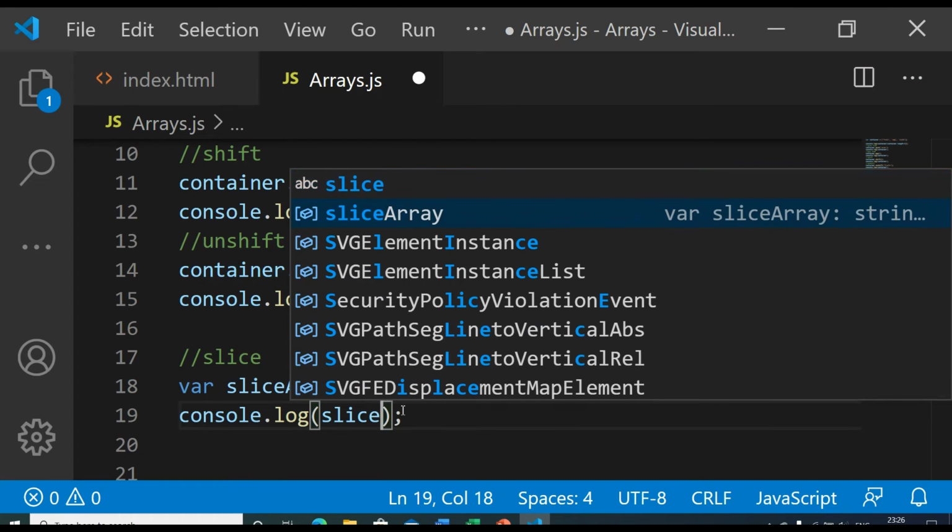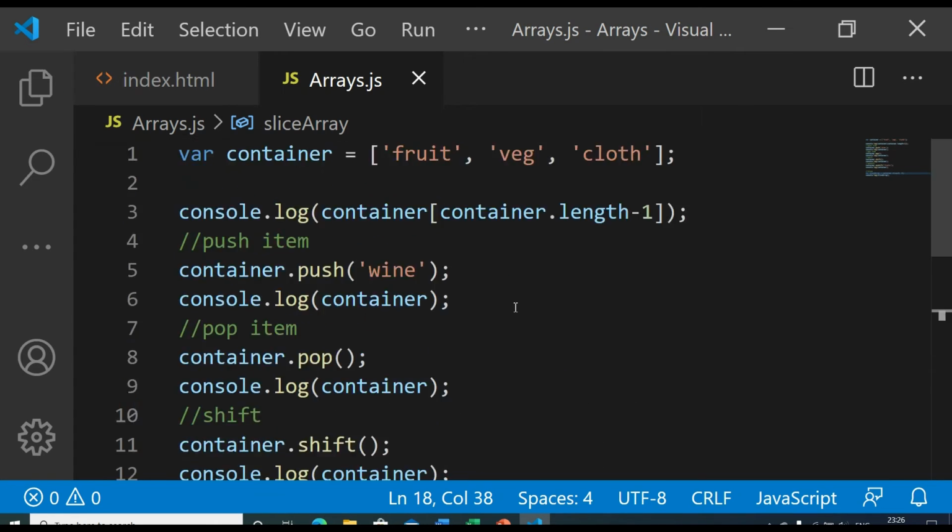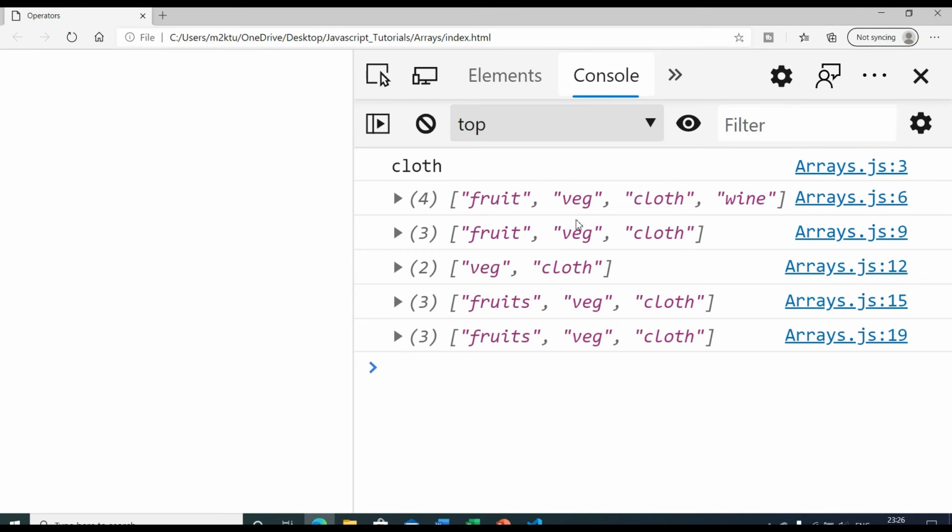It will give me the 0 and first items. Starting from 0, it will also take 1, then leave the second index which I have given, and return it. So fruit and veg will be returned, and here you can see fruit and veg is returned.